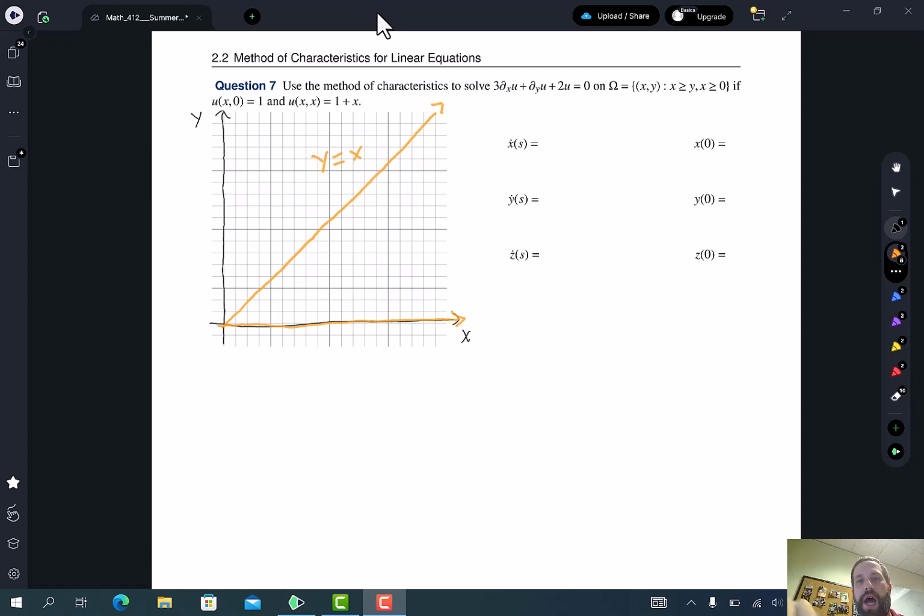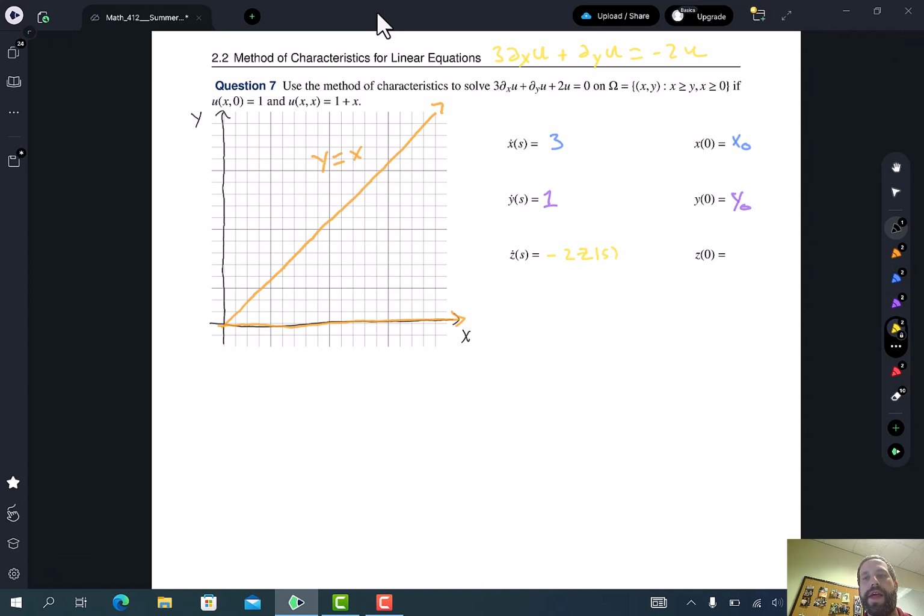Our x naught and y naught is going to depend on where the characteristic starts from. So let me just write out what the characteristic equations are going to be. X dot is equal to 3, and I'll just put a generic x naught there. Y dot is going to be equal to 1, with a generic y naught. If I rewrite my PDE, this is 3 times the x derivative of u plus the y derivative of u is equal to minus 2u. So then z dot is going to be equal to minus 2